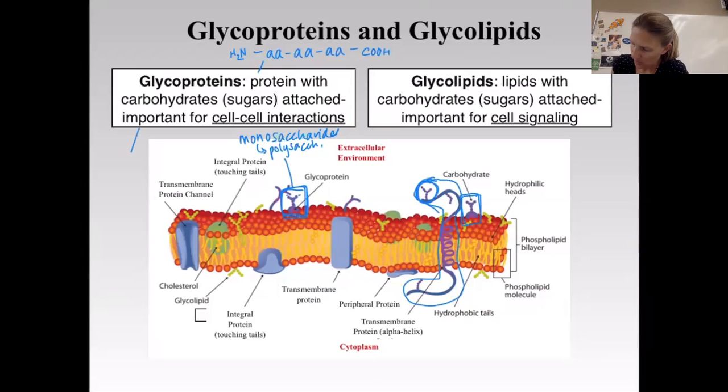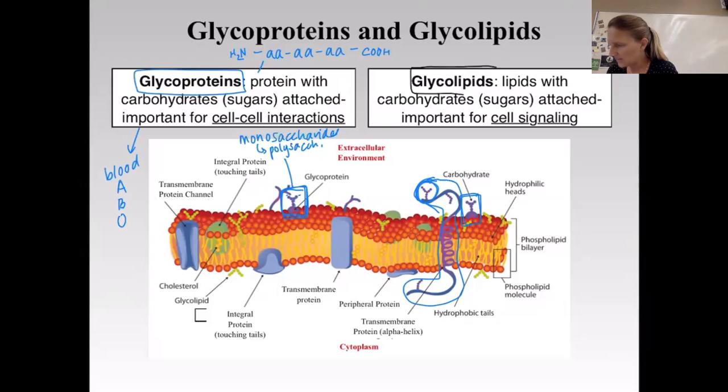And one of the things we're going to talk about later in the class is glycoproteins are important in giving our blood type. So for example, the A, B, O blood types, those are dictated by glycoproteins. All right,